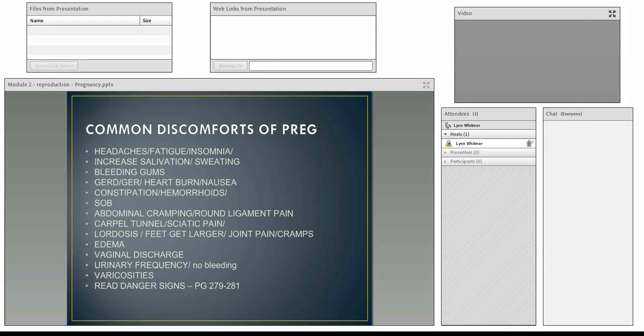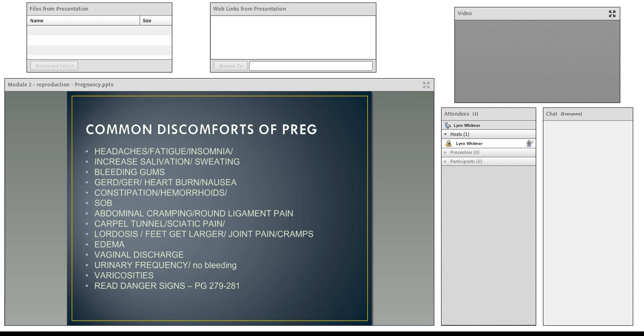The common discomforts of pregnancy, again, we said that pregnancy affects every part of the patient's body. So she might have headaches, fatigue, insomnia, increased salivation or sweating, bleeding gums, GERD, heartburn, nausea, constipation, hemorrhoids, shortness of breath, abdominal cramping, round ligament pain, carpal tunnel, sciatic pain, lordosis. Her feet get bigger. She might have joint pain, a little bit of cramping, edema, vaginal discharge, which is called